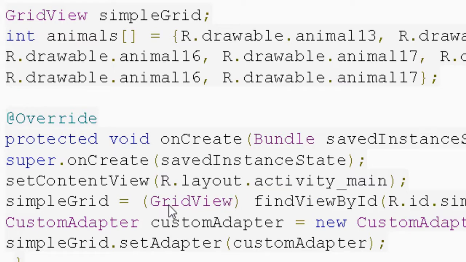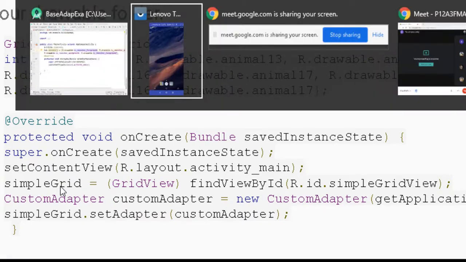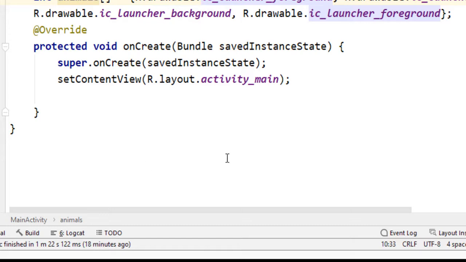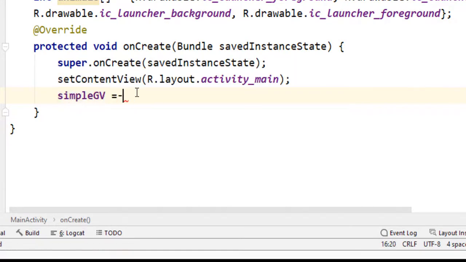So you have to convert into GridView using findViewById. That simple grid view is going to be defined with your instance of simple grid view. Let me define that first part so you can understand how it is going to be displayed. So we are in setContentView. Now we need to reference the simple grid view, and that is the instance of GridView.